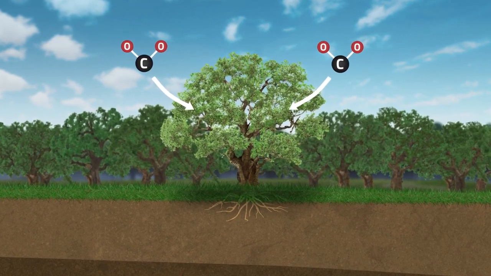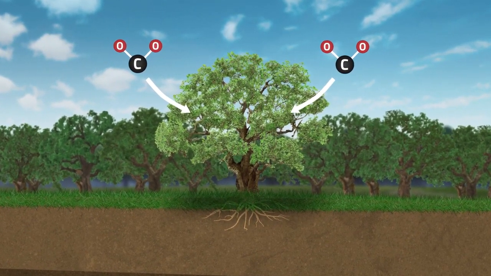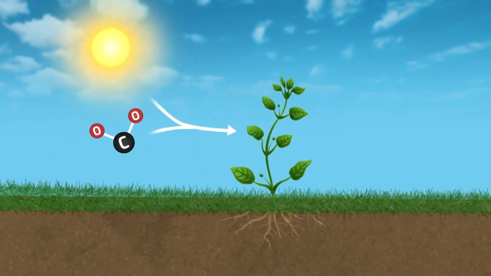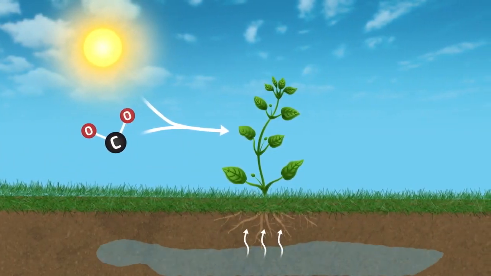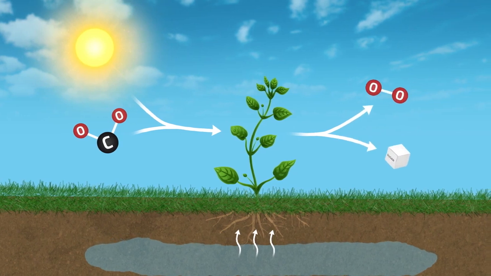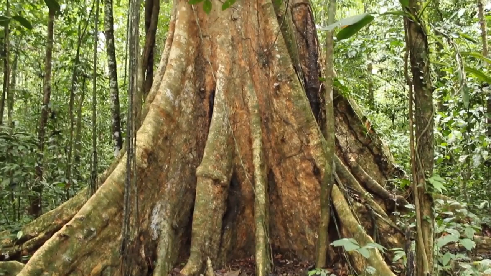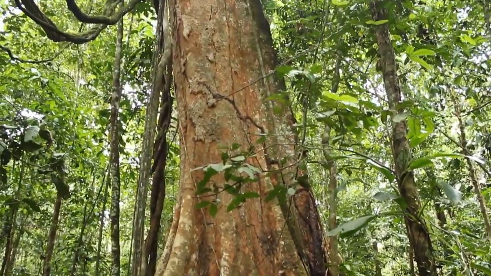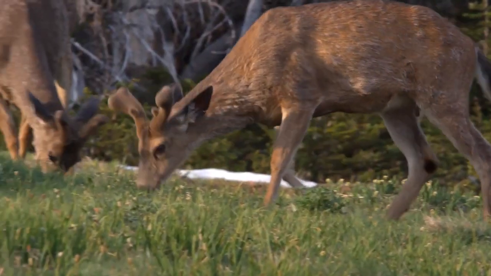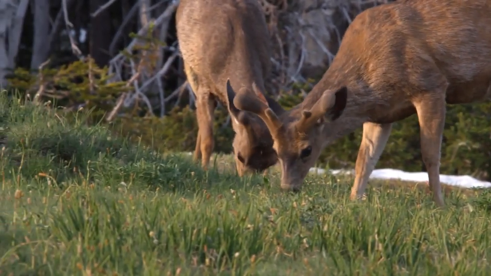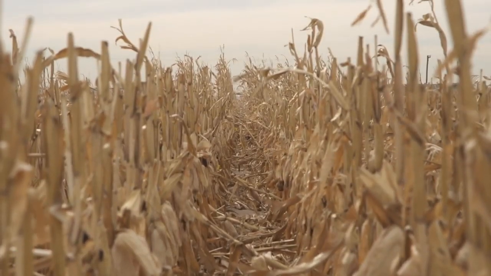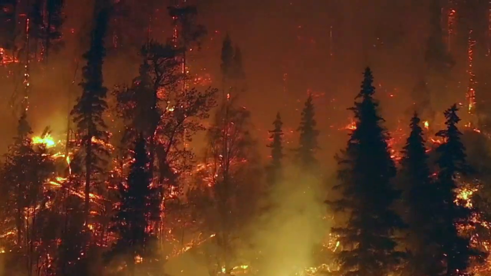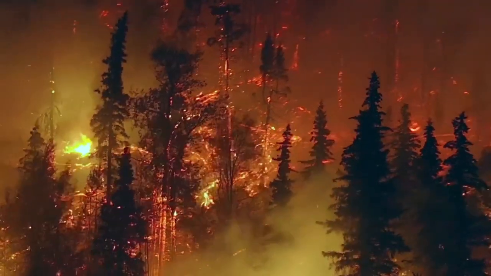Here, plants absorb carbon dioxide from the atmosphere into their cells. With energy from the sun, plants combine carbon dioxide and water to form carbohydrates, such as sugar, and oxygen through photosynthesis. In this process, carbon dioxide is converted to carbon-based cellular material. Carbon stored in those plants can be transferred when animals eat the plants, when they die and decay, or in the case of Australia, when fire consumes the plants. And once again, carbon-based cellular material becomes carbon dioxide that ends up in the atmosphere.